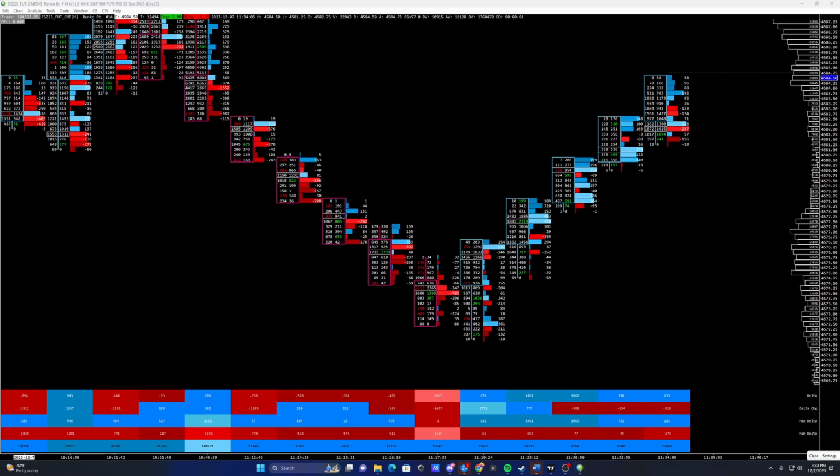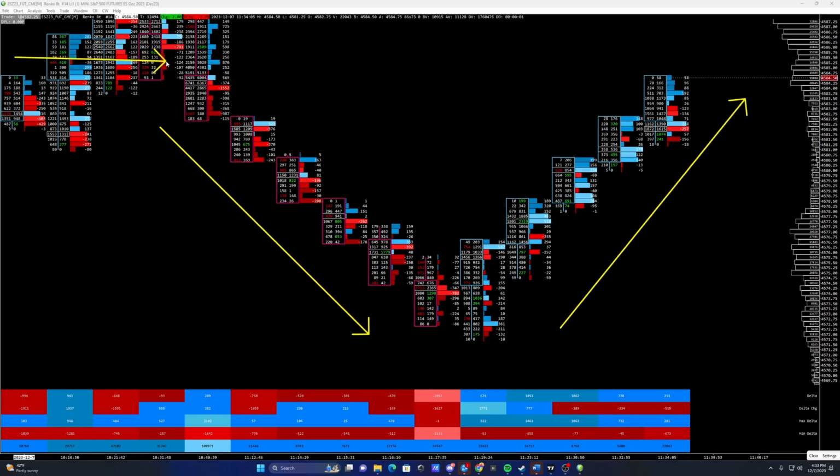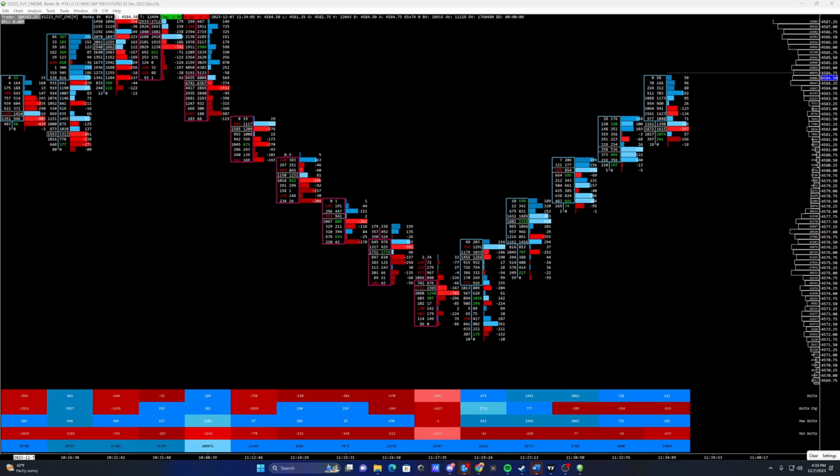Well, what I do when I'm looking for rotations is I like to first look for directional moves in the market, like this and like this. These are directional moves. Market going sideways is not a directional move. Once we have a directional move with some sort of authority, I like to start taking my eyes down to these bottom areas. Why? Well, if we look at the move to the downside, we have 1, 2, 3, 4,